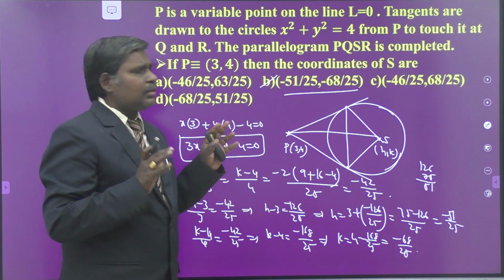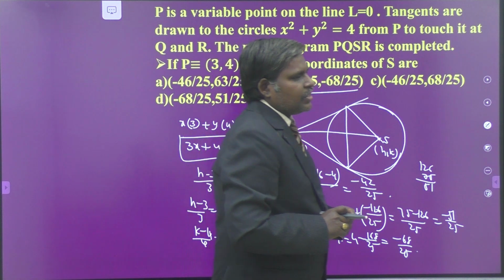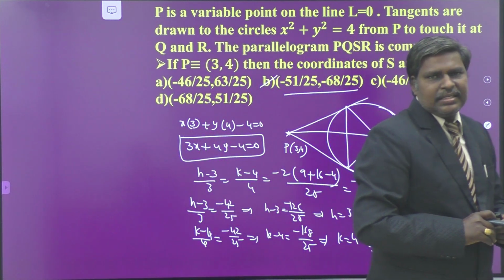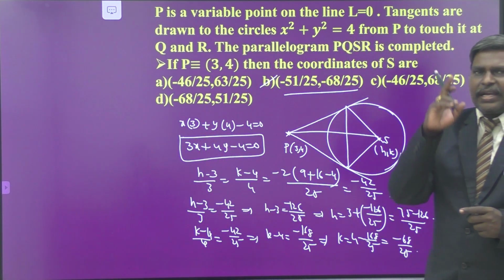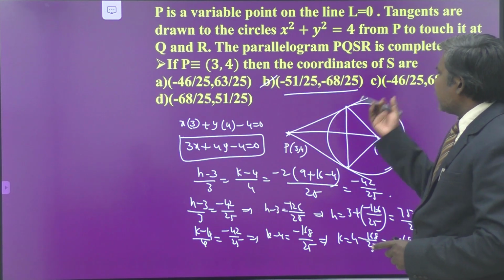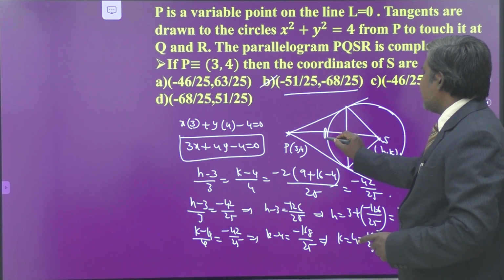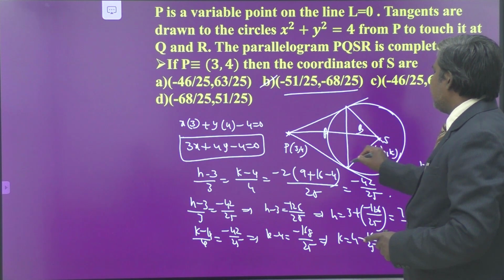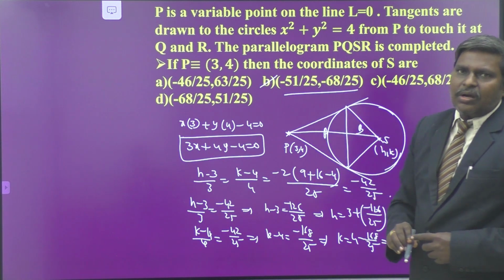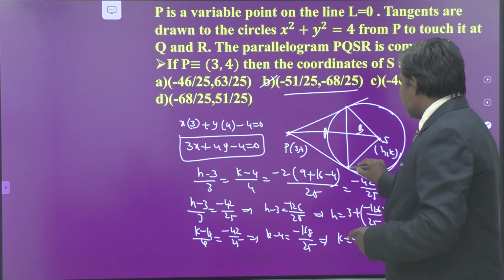In this entire problem, you have to remember that the circumcircle of the triangle formed by the pair of tangents and its corresponding chord of contact passes through the center of the circle. That is the first concept. And the second one is, these two triangles are congruent. This is triangle 1 or this is triangle 2. These two triangles are congruent to each other because this is an isosceles triangle.